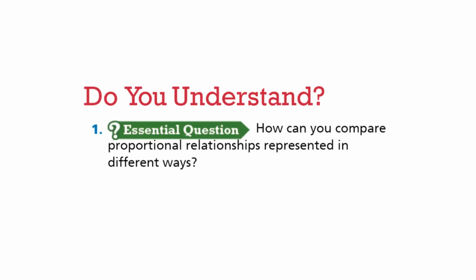Video is on textbook pages 122 through 124. Do you understand? How can you compare proportional relationships represented in different ways? So we want to find the rate of change